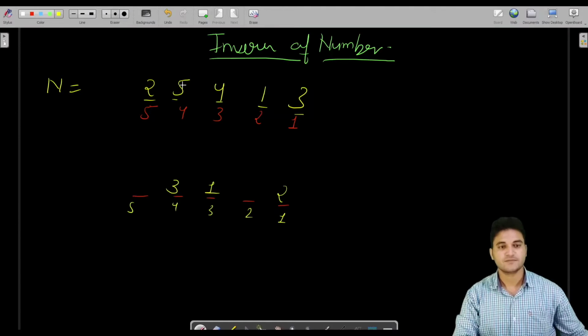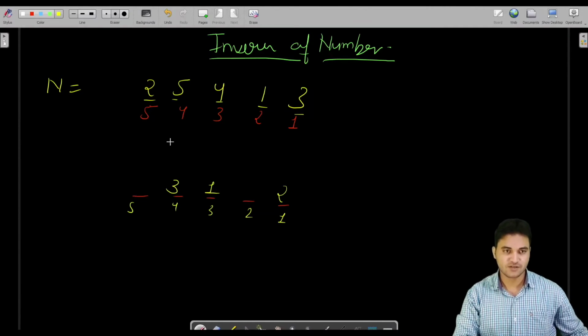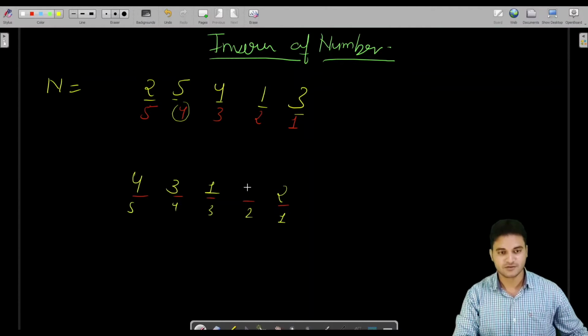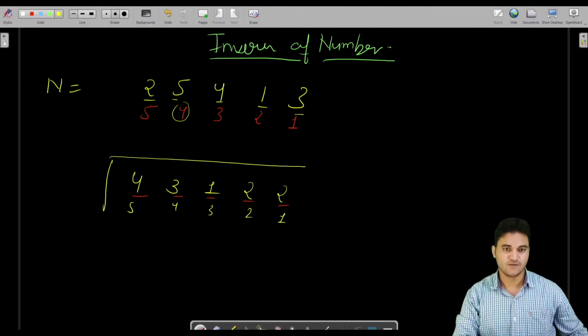We have 5 at fourth position, so in this inverse we would be having 4 at fifth position. We have 2 on fifth position, but we would be having 5 on second position. This is how you have to generate the output. This is the inverse, and you have to provide the inverse of the number in this way.